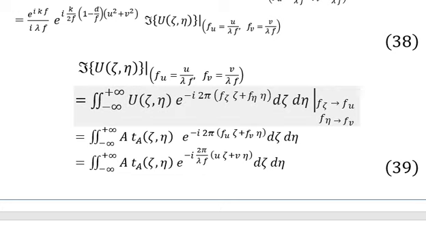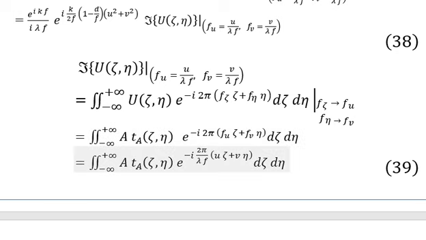So we have made these changes in the Fourier transform, and you know that we have also substituted the field from the second step, u of zeta and eta, into the third step by its value, which is a multiplied by the amplitude transmittance of the input object as a function of zeta and eta. So you know that the last step in equation 39 becomes equal to,